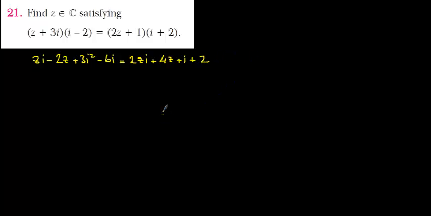We are going to put the like terms, the terms with z, on one side and the others on the other side. But we need to remember this expression is equal to minus 3, so when you send it to the other side, it should be plus 3. So zi minus 2z is equal, 2z, and minus 2zi,